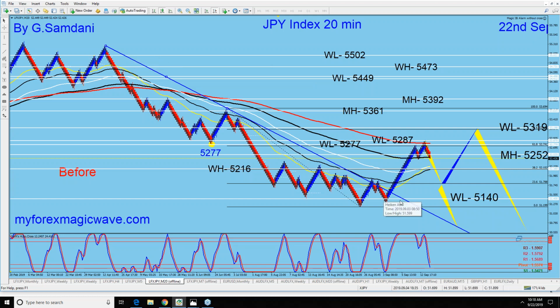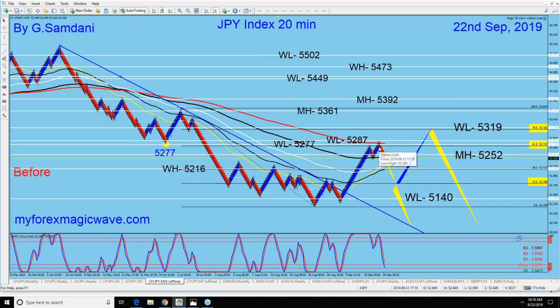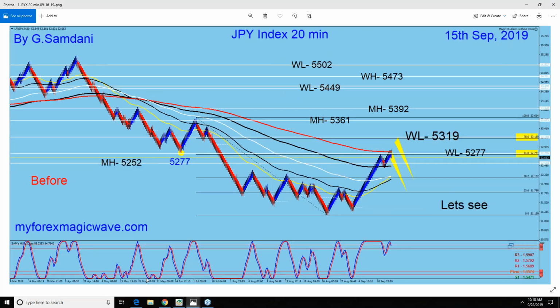And then you can see this trend line broke. We went up. If you draw the fib from here to here, we went up to 61%. And that's usually the most common retracement number. And after that, usually what happens? The possibilities are in the chart I made before, let me see if I have it. Yeah, okay, this is the chart I made on 15 September, that if we are here at 61%, so either